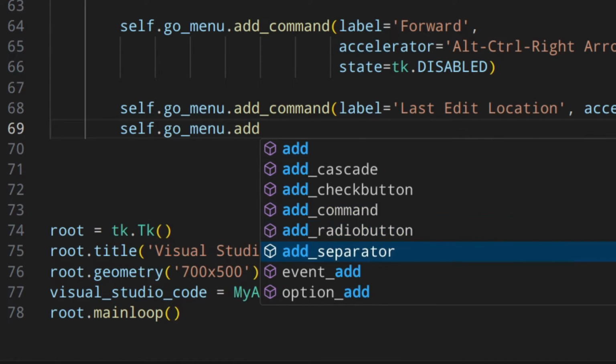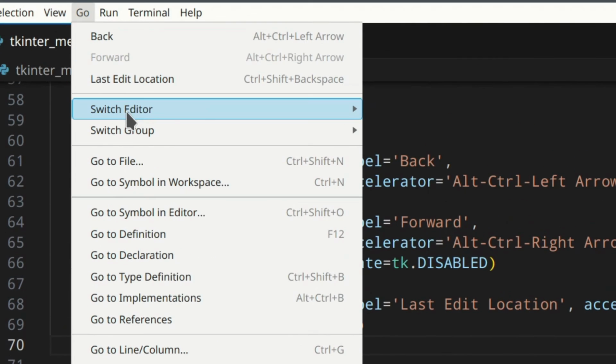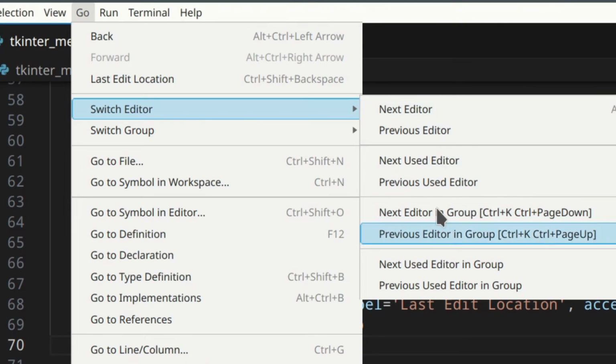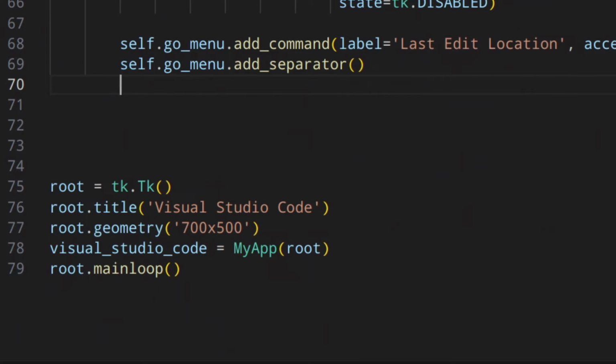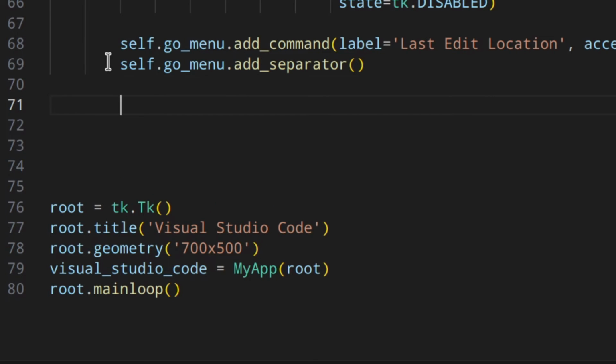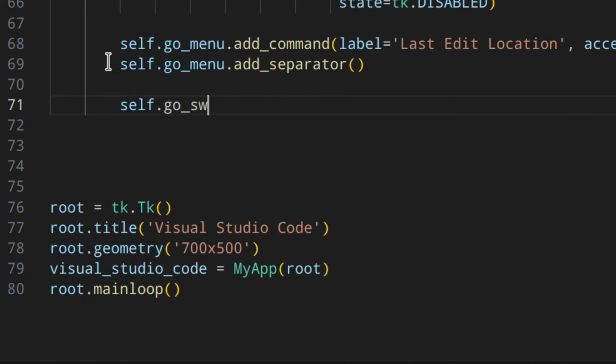And then we can add a separator. Add separator. And then we've got another menu, which is the switch editor. So as you can see here, you've got switch editor, which is another menu, which opens another menu. And how can we actually do that? First of all, we of course need to create a new menu, because the switch editor is basically another menu. So we can do something like self.go_switch_to_menu.